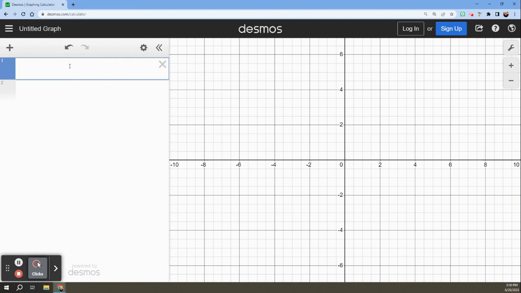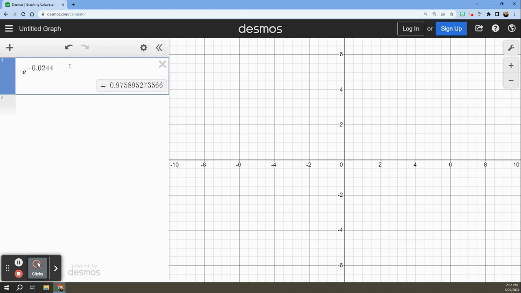All right, friends. So this is our Desmos graphing calculator. I'm just going to type that E, and then I'm going to use an exponent. Shift 6 will get you into the exponent. Negative 0.0244. Okay. So I want you to see that this number is the decay rate. But it is written as a decimal. So if I want to convert that to a percentage, you can see that I would get around